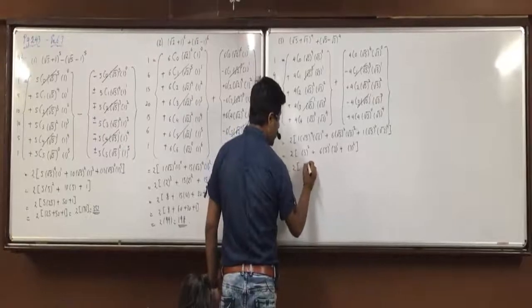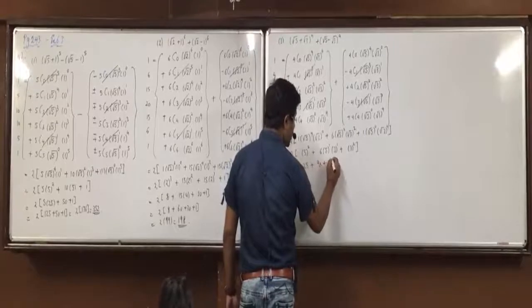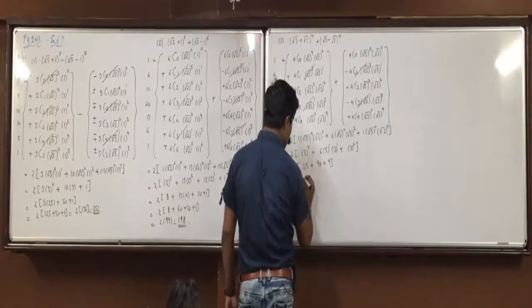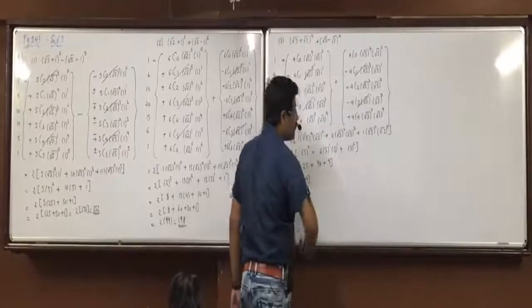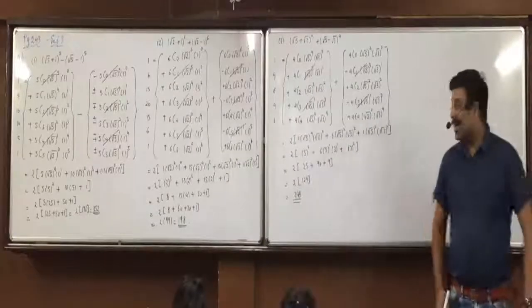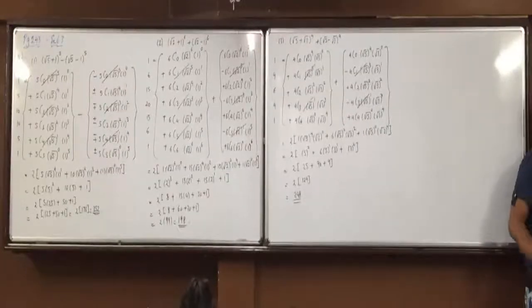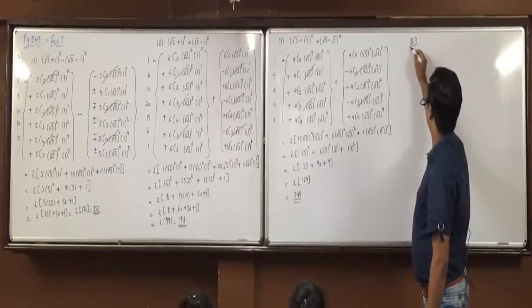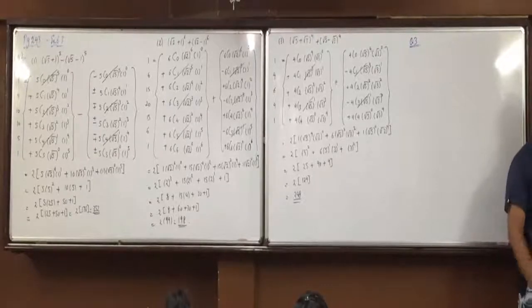2 into 25 plus 6 into 5, 30 into 3, 90, plus 3 square is 9. 2 into 25 plus 90, 115 plus 9, 124 into 2, 248. So, has everyone understood this type of question? Now, question number 3. Okay, this was sub questions of question 2. So after that, question number 3. Those who are still solving, complete it fast.